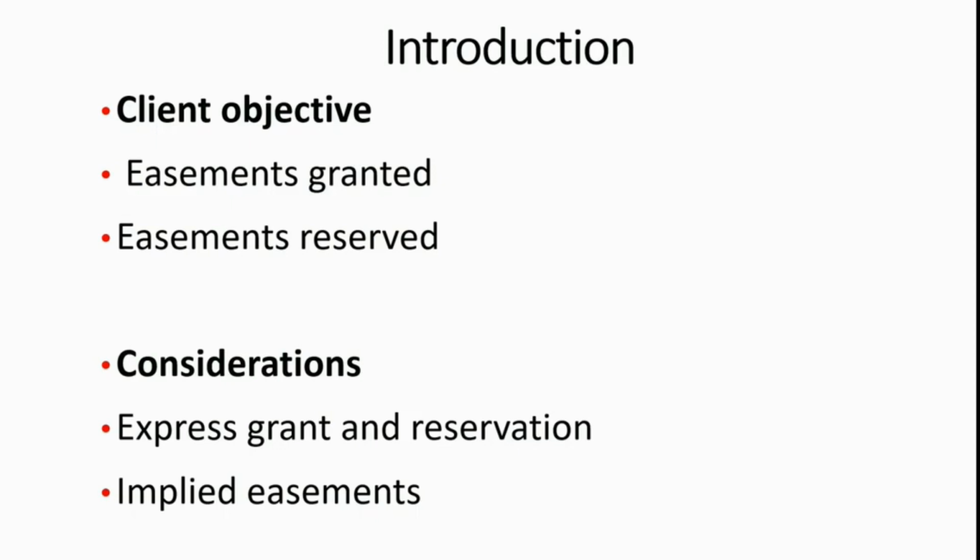And we also need to think about whether the land that we're buying is subject to easements, whether easements have been reserved for the benefit of other land that are going to impact on our client's objective. So if I'm buying a property, and one of the reasons I'm buying it is that it has a lovely garden, I'm not going to be particularly impressed if a next door neighbour has a right on foot right the way across the middle of the garden to access a public footpath on the other side of my property. So we need to think about easements that have been reserved.